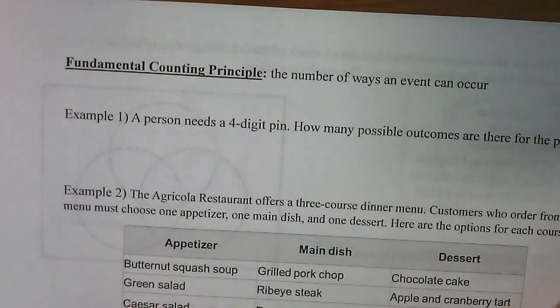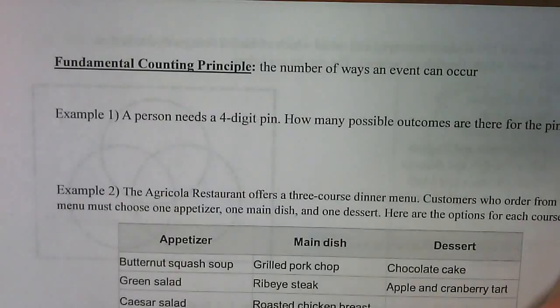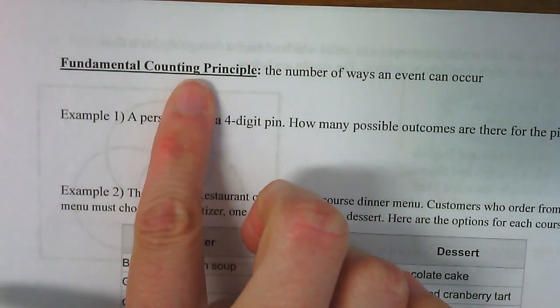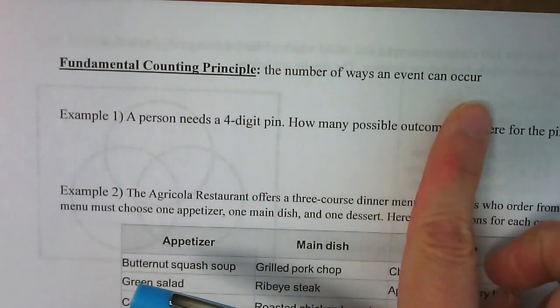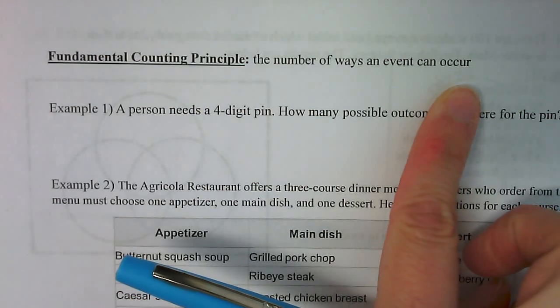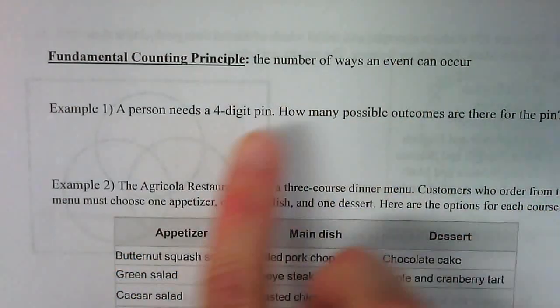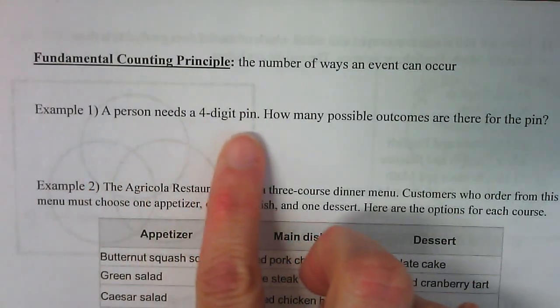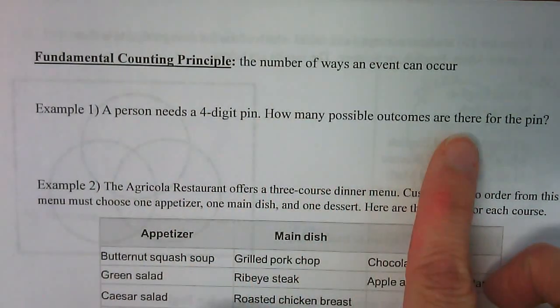All right, we have some new principles in this section. We have the fundamental counting principle. It's the number of ways an event can occur. So if we have, for example, here, a person needs a 4-digit PIN, how many possible outcomes are there for